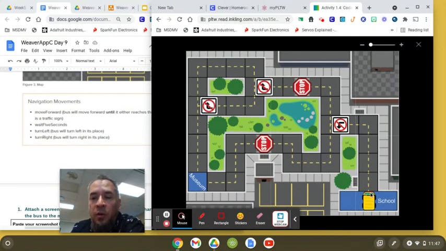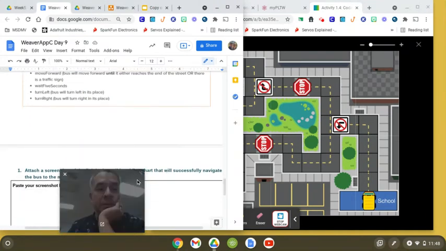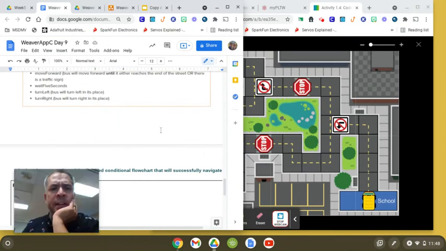One move forward, the bus will continue to drive until it gets to either the end of the street or to a street sign. And then we have to command it to do another. We have to get a command so it will continue to get to the museum. So it's actually quite tough because we're asking and answering questions with these conditions. So what I did for you